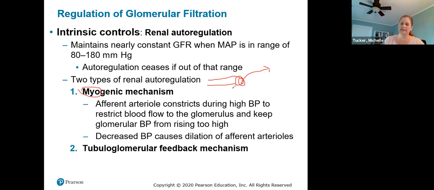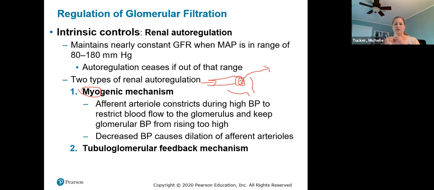And that is because it wants to keep a constant hydrostatic pressure. So if we start getting lots more blood flow, then glomerular filtration rate would go up a lot. So the afferent arteriole says, okay, we're going to slow that down. We're not going to allow as much blood to come through so that we can maintain a constant glomerular filtration